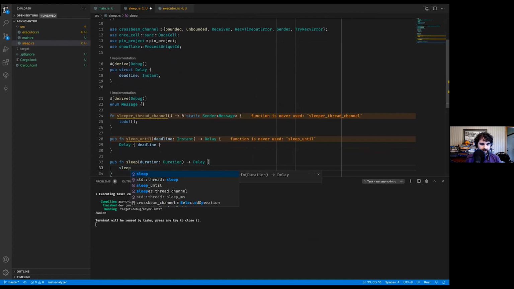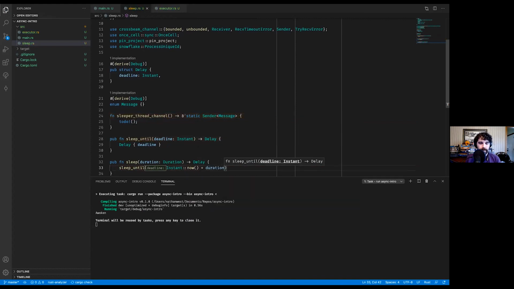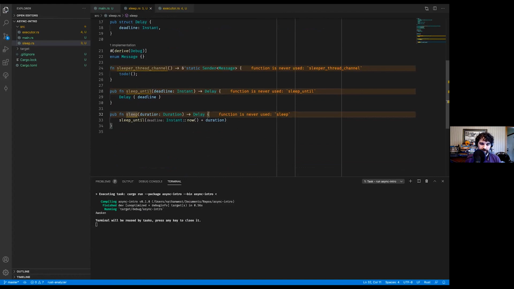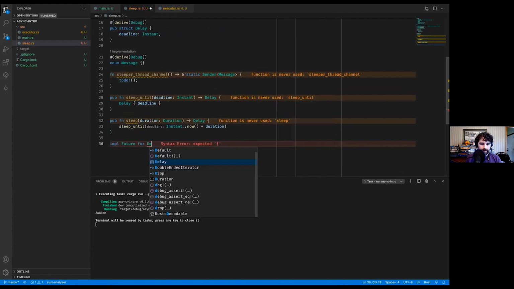But this sleeps until now plus the duration. Okay. Even though these aren't tagged as async functions, these are functionally async functions. It's a function that returns a future. So we can just call sleep duration dot await, and we'll see that once it's all done and ready. Okay. So we need to impl future for delay.